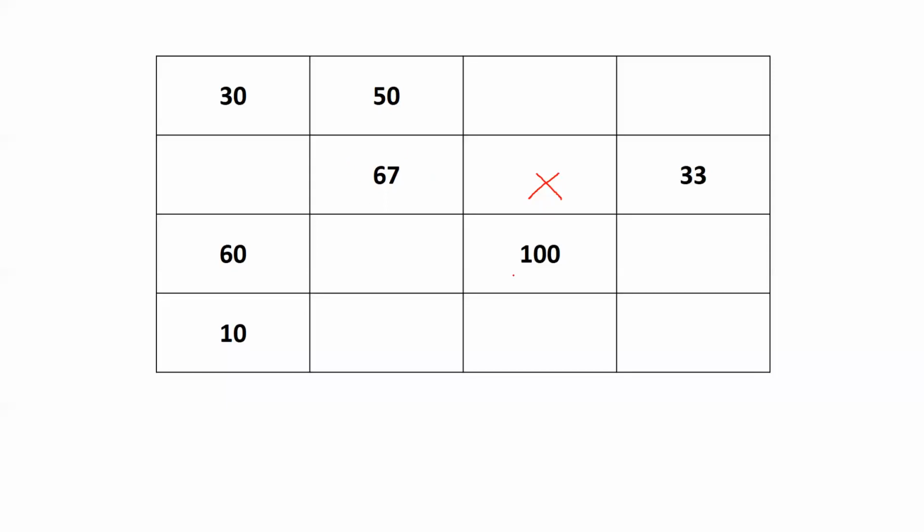I have 67 here and 100 here. Now I can go to 67 and I can move to 50 here. Okay, that is possible. Or even if I go to 100, I can move to 60 from here. Okay, let us go to 100 from here. So I'll draw one arrow from here to here. Okay, so I'll move from X to 100. Now to make a turn, I need to turn only from the allocated cell. So the turn is going to come from here. And I have to move up to the cell where there is an allocation. So 60 is where I have to go. So I'll put an arrow from here.